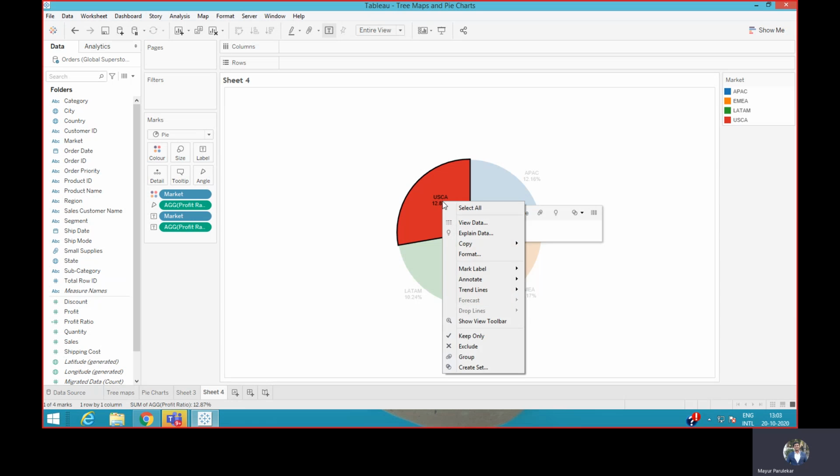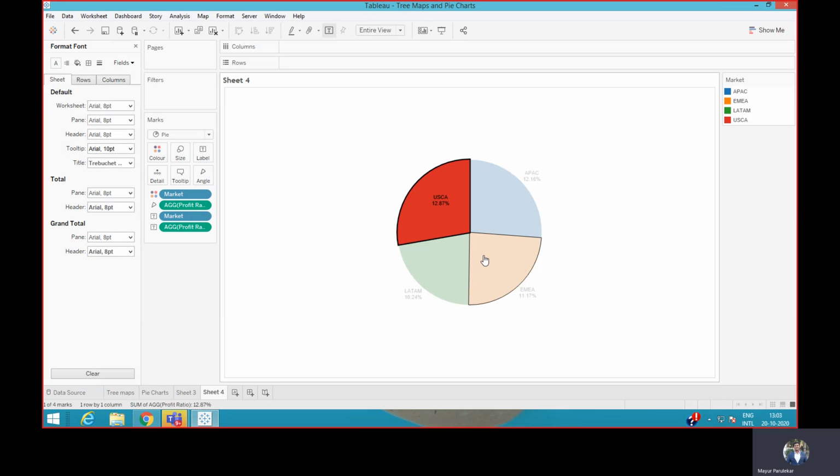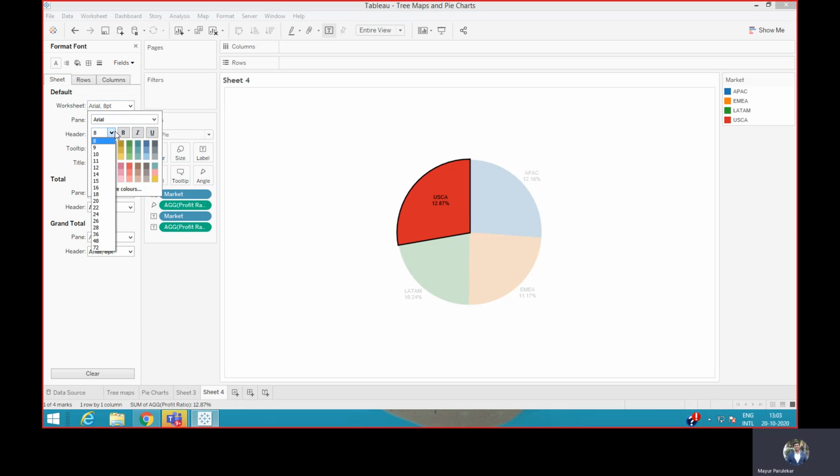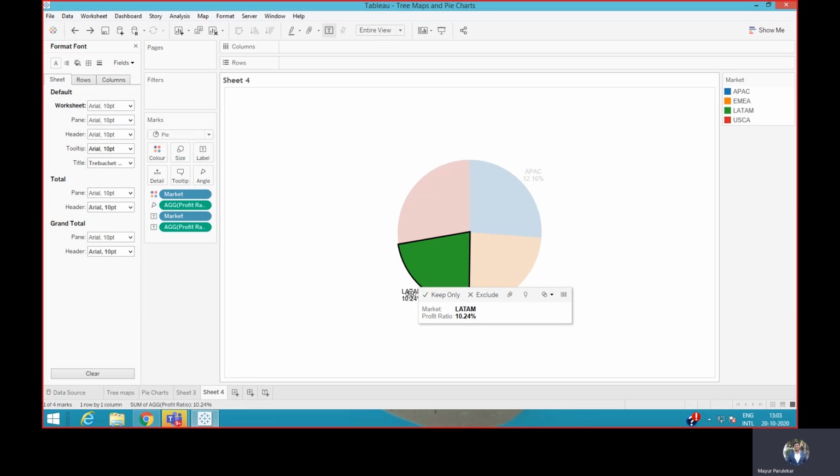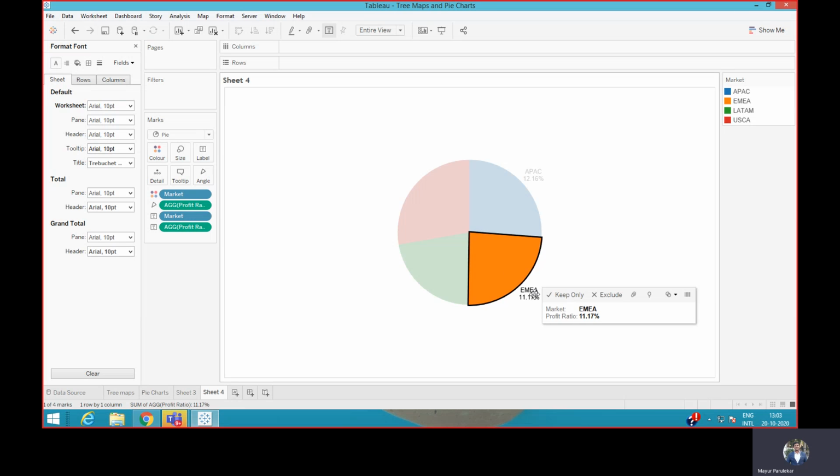Right click on this and just do a format, and you can change this worksheet value to, let's say, 10, and keep this as, let's say, white. This now is seen over here for USCA. So the same thing if you apply it for all the others. All right, so I'm going to just make sure that I see that again. I'm going to drag and drop everything onto the center. So drag and drop,